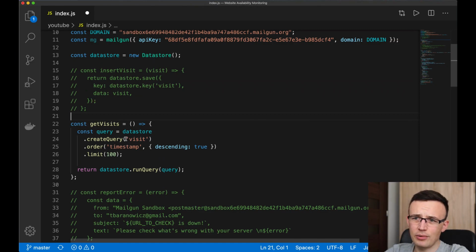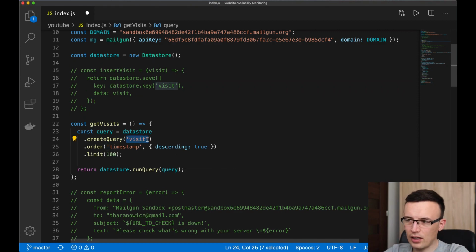We just create a query to get all objects with the key visit, because each visit on our website will be saved in a database under the key visit, and it will have a couple of fields. One of them is timestamp, so we want to order them in descending order, so the newest will be first, and so on. And we just want to limit them to 100,